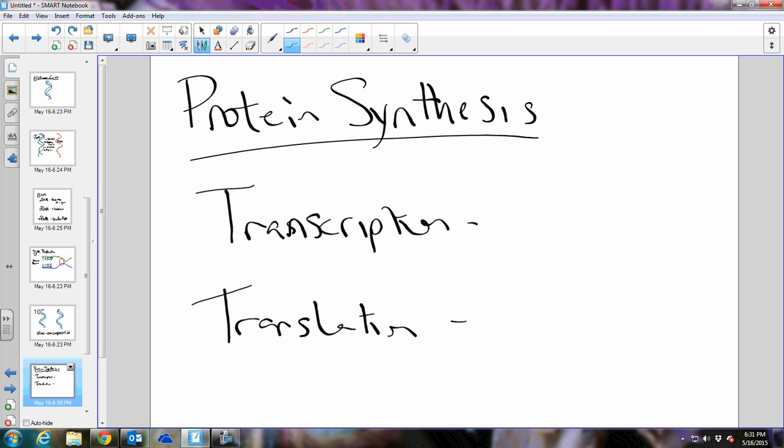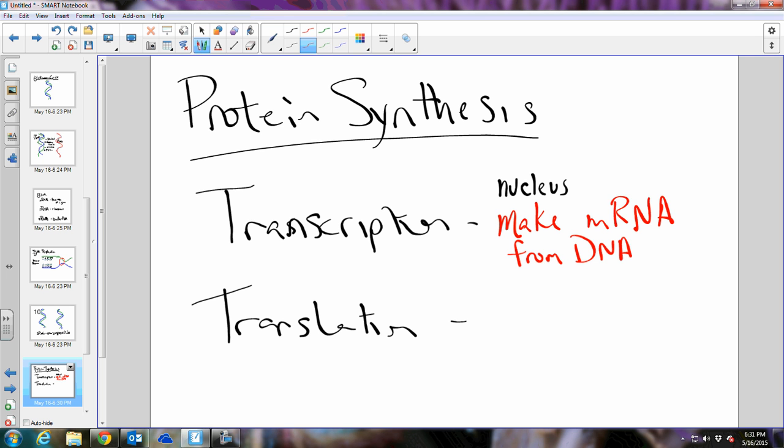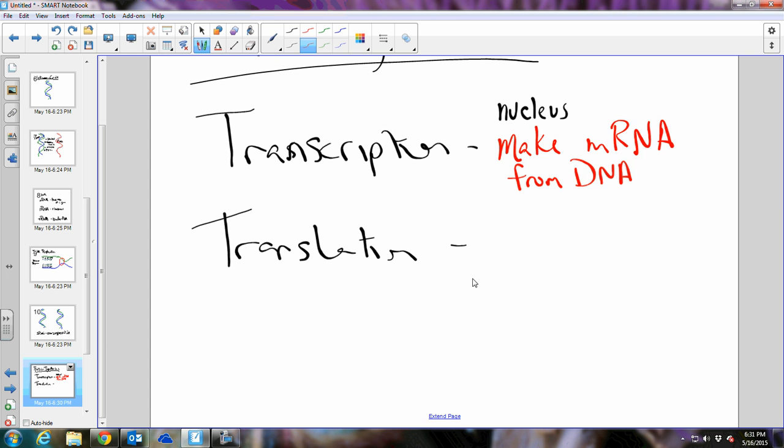Transcription happens in the nucleus, and the goal of transcription is to make a messenger RNA from the DNA. So all proteins, protein synthesis is the making of proteins. All proteins originate, the information for these proteins originates on the DNA. That is important. All right, and so that messenger RNA will leave the nucleus and go to a ribosome,